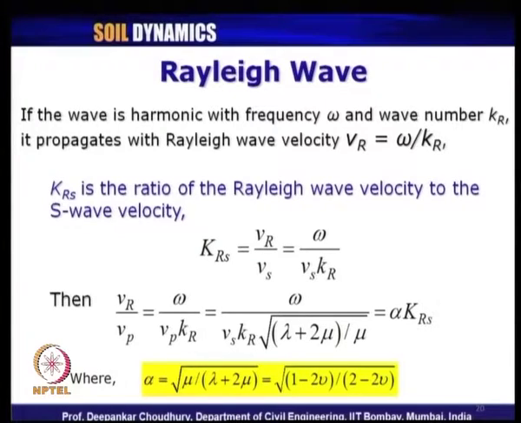Just now we have seen this alpha is the ratio of Vp by Vs. Oh, sorry, alpha is the ratio of Vs by Vp, because this has come in the denominator. So, for 1 minus 2 mu by 2 minus 2 mu, this alpha is the ratio of Vs by Vp, which also can be seen if we put this expression. So, this will be Vr by Vs. So, alpha has to be Vs by Vp, so that it equates with respect to this one.